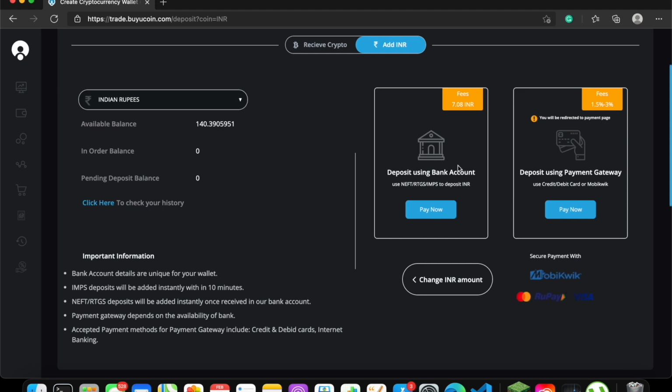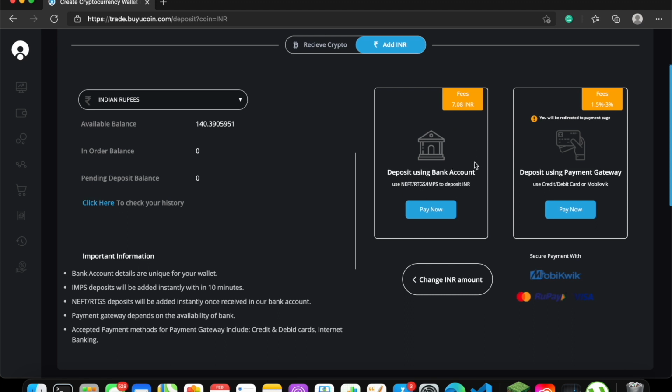In order to get funds immediately, you have to use IMPS while sending. If you are sending from bank, they will charge 7 rupees. If you are sending from MobiWik, they will charge 1.5% to 3%. So comparatively, the charges are high when you are transferring from MobiWik compared to your bank account.